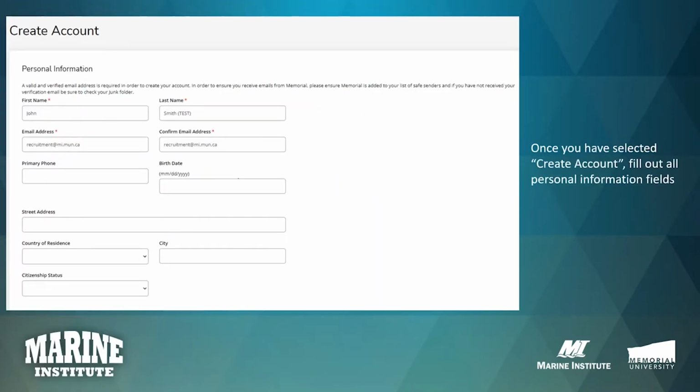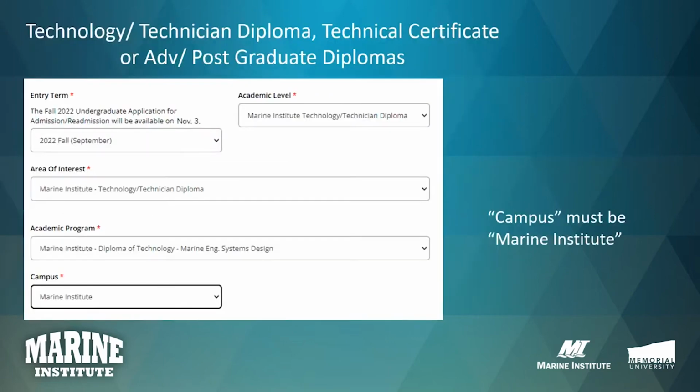If you did not previously have an account and you selected Create Account, you will then be brought to this screen where you will need to input some information. So on this screen, you will need to input your first name, your last name, email address, and confirm email address. You can put in the other fields which are outlined on screen, but it's most important that you complete the first four I highlighted, as they have a red asterisk next to them, which means that they must be filled in.